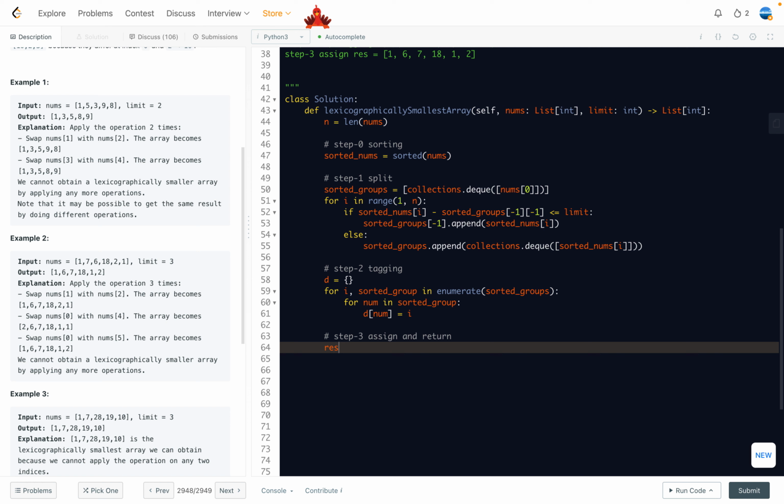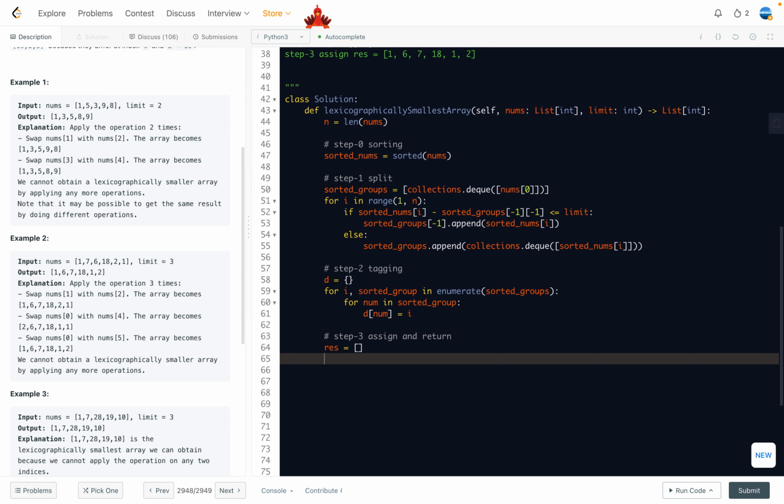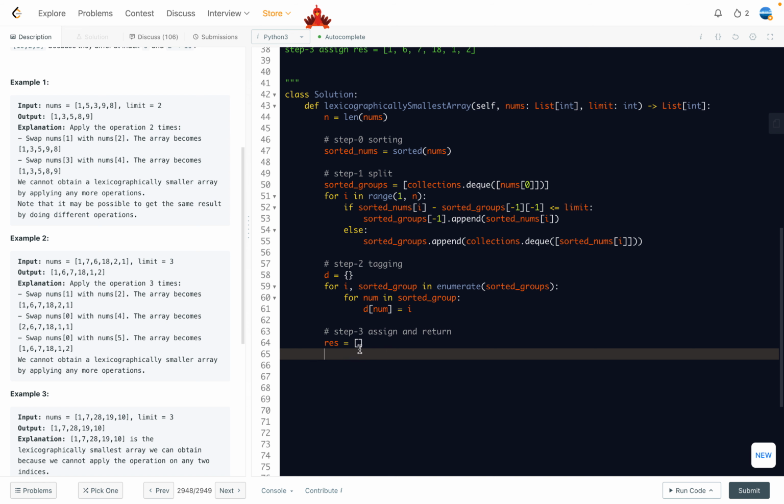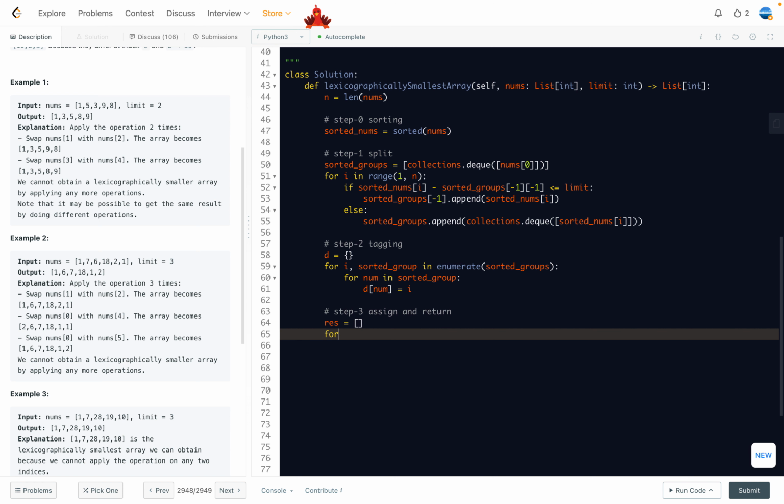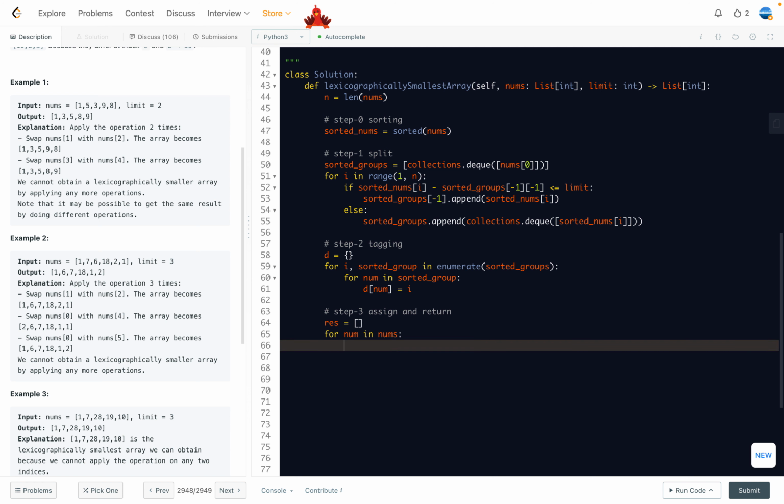Let's initialize a result, right? We can use the append operation, but you can also use a length-n result and use the assign operation. Both are the same, and again, you have a choice. So for num in nums, here we want to emphasize that we are iterating over the original list, right? First, let's see, result append. First, I'm going to get the group, right? This is just a num, right? This is the group